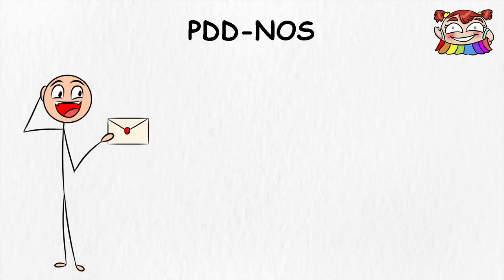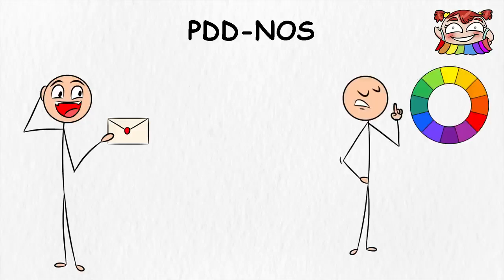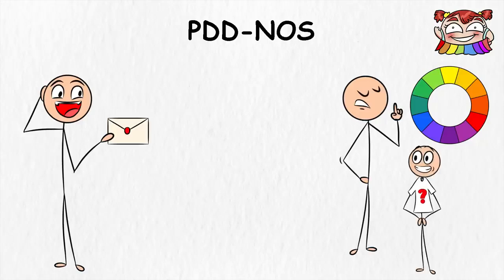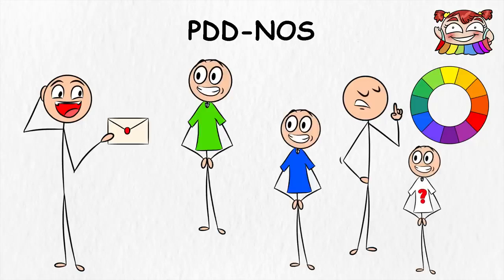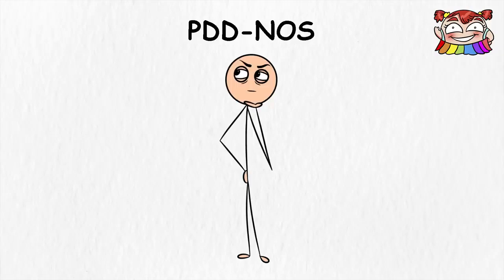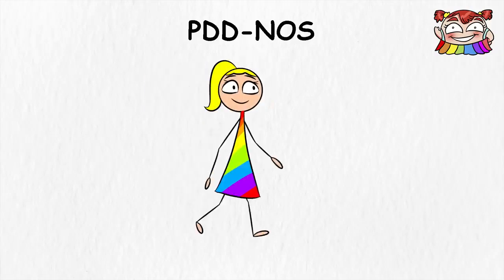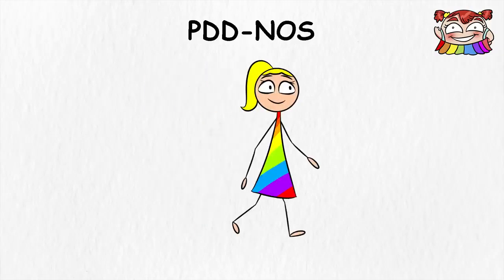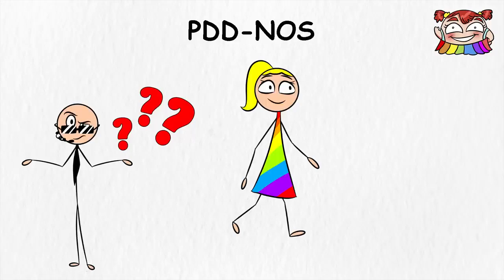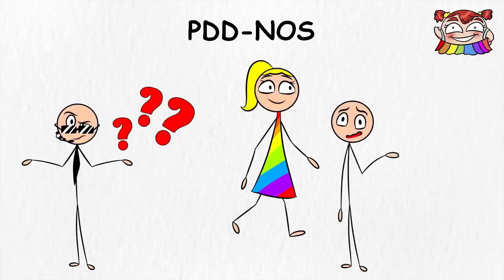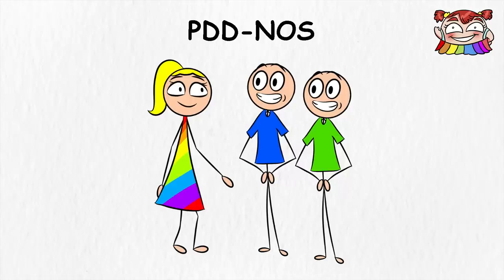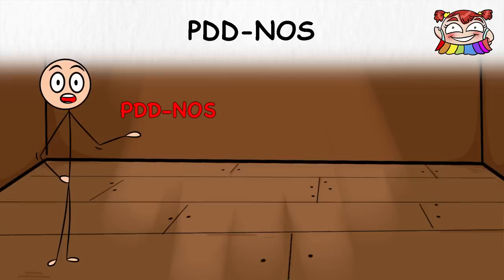So, you're invited to this birthday bash for people on the spectrum, and everyone is expected to wear a particular color. Say red for autism, blue for Asperger's, green for Rett syndrome, you get the idea. But then, this beautiful lady walks in wearing a whole rainbow outfit, and even though the bouncer is a little confused and not exactly sure which group she fits into, he's still definitely sure she belongs at this party. That, in a nutshell, was PDD-NOS.